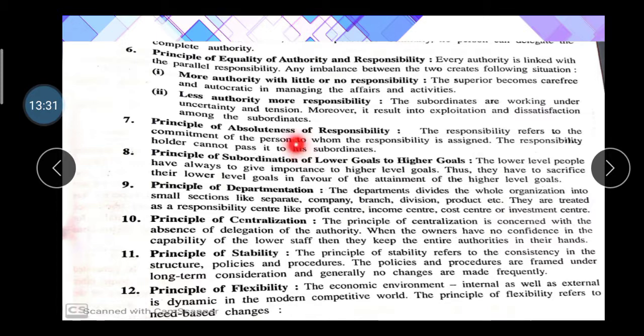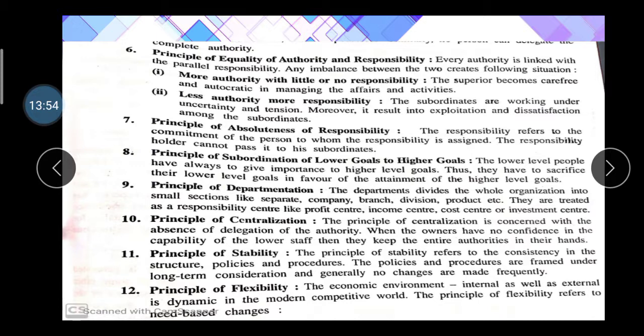Then, the principle of subordinating lower goals to higher goals. Lower level people should always give importance to the higher level goals. Thus they have to sacrifice their lower level goals in favor of attaining the higher level goals. So you have to decide this. Then the principle of